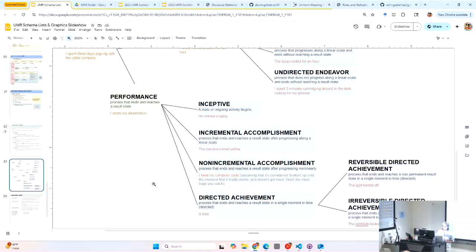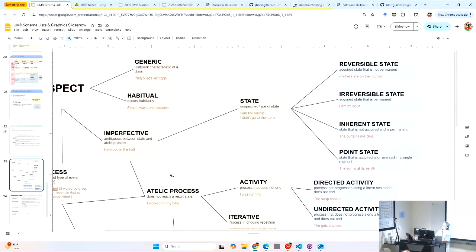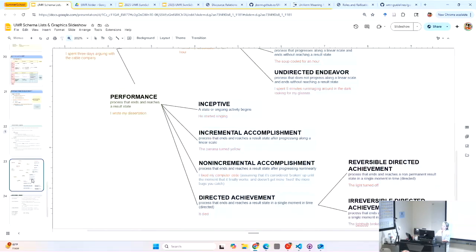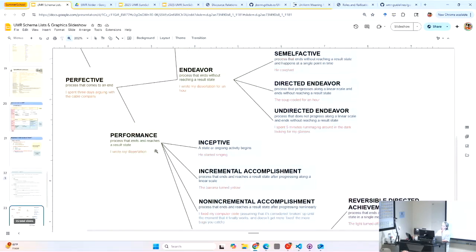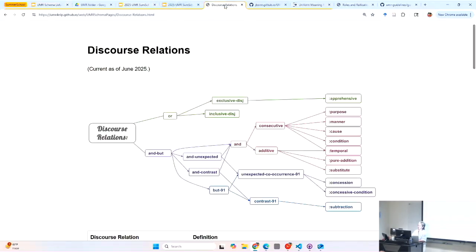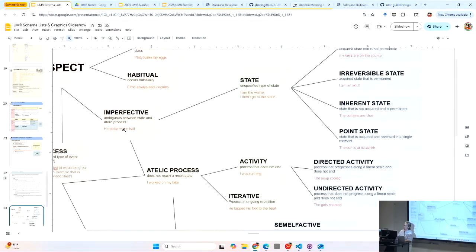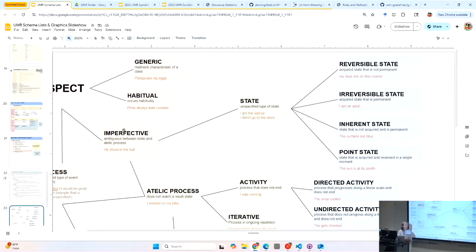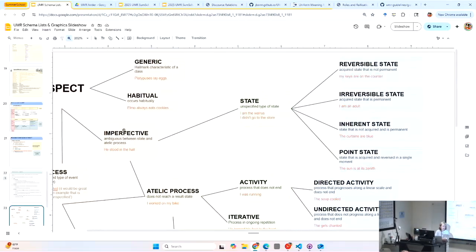The other things like generic, habitual, and so on are generally distinct from the aspect. But they were added here because you have to deal with them in an annotation. So here we are annotating aspect as it has been specified in the sentence and not lexical aspect. Not lexical aspect. Right. So endeavor, what is the word performance? Here it is being used as performance, I think. They are actually lexical aspect when it is being used in the